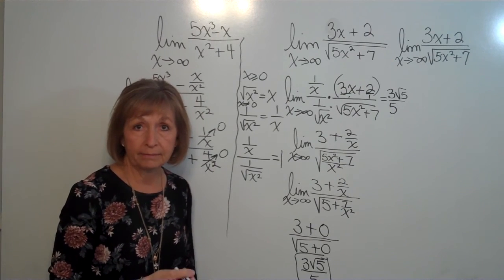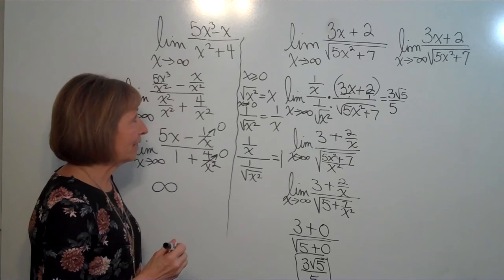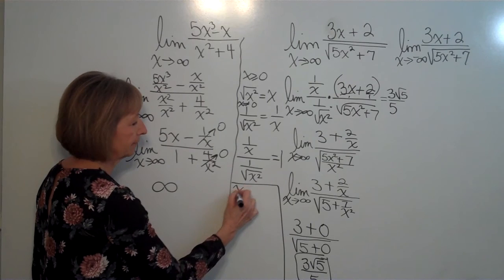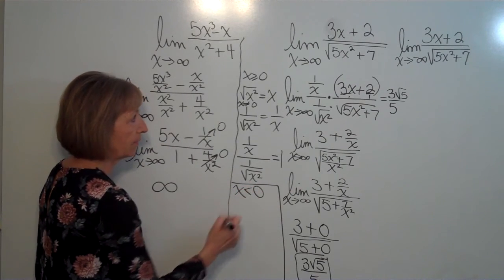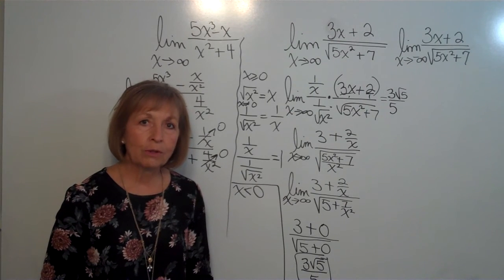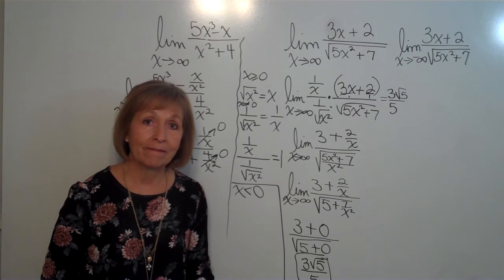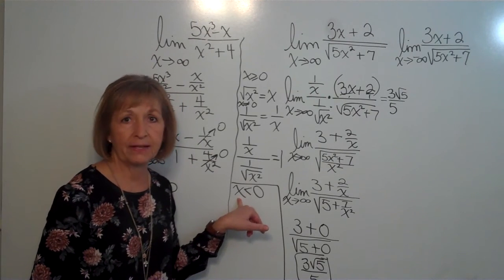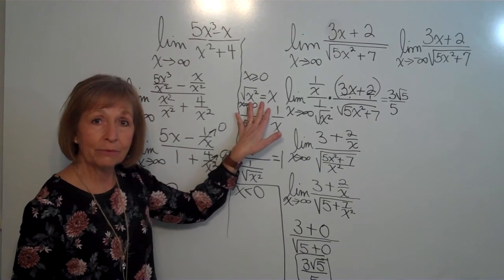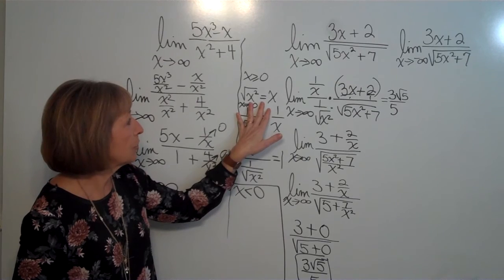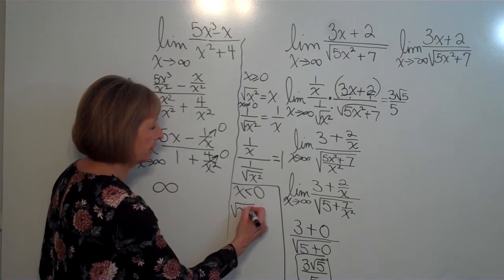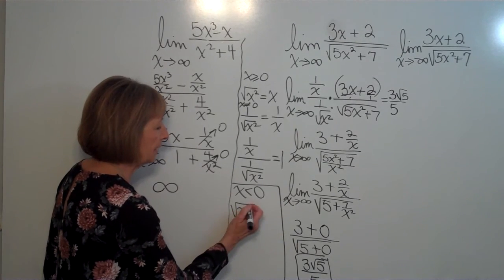Now here's the tricky part. If I have an x that's negative, so if I have an x that is a negative value, x less than 0, then the square root of x squared is not x. The square root of x squared is the opposite of x. So if you're taking an x value that's negative, let's take negative 3. So if I were to plug negative 3 in for the x, in this expression where we talked about it earlier, so let's look at the square root of x squared,